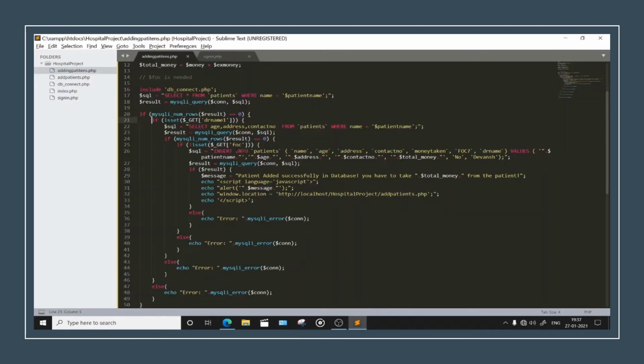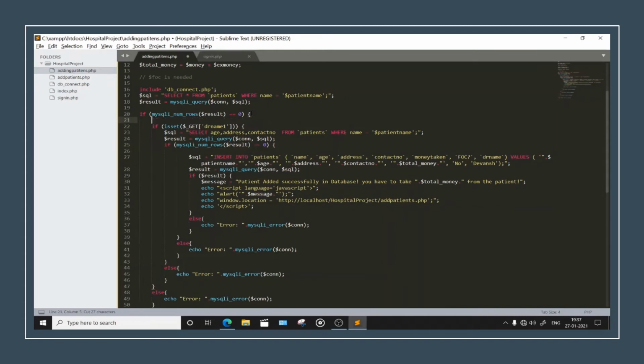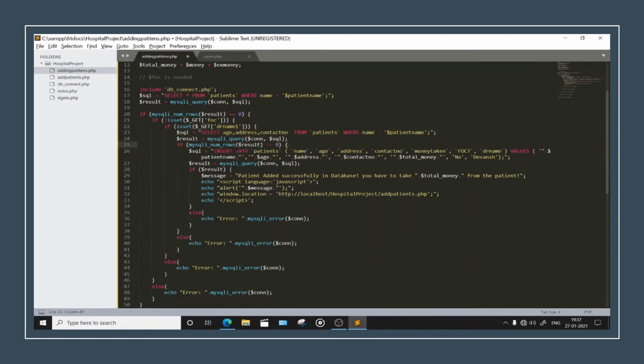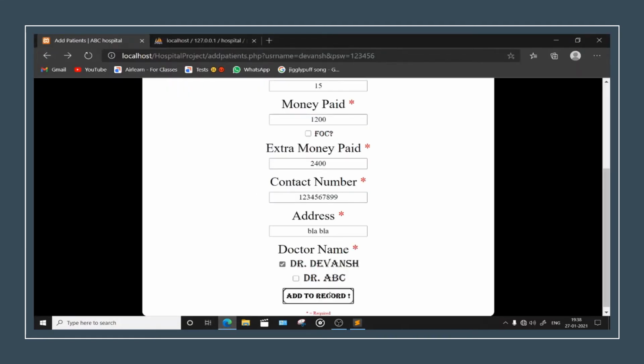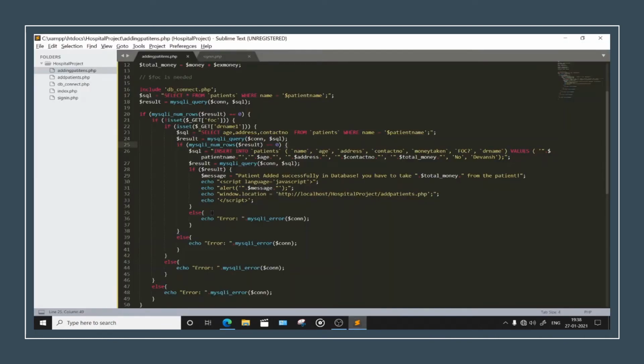Just cut it from there. Paste it there. And de-indent these ones. Alright. Save and refresh. Add to record. Okay, it's still not doing the things. What's happening?